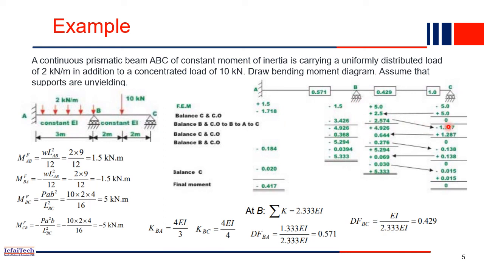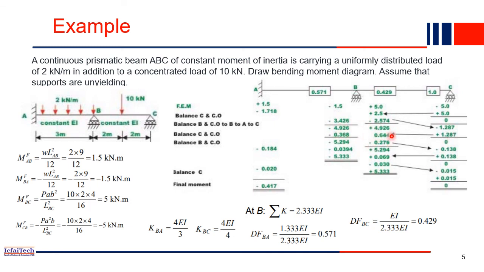But if you see now C will have now additional moment. Earlier in the loop 1 we made it 0. Now because half came here again it is now unbalanced. It is now not again 0. It is now -1.287. But C is a roller support, right? Again we have to make it 0. So we added +1.27. We made it now 0 in the second loop. So whenever you added +1.27, half will come in this support. Same process will continue. So whatever 1.27's half will be 0.644, half will come here.